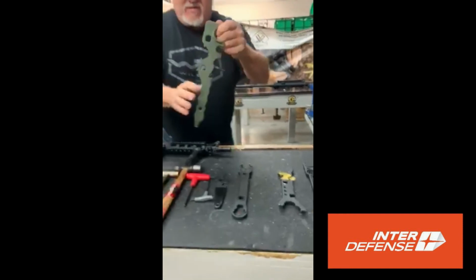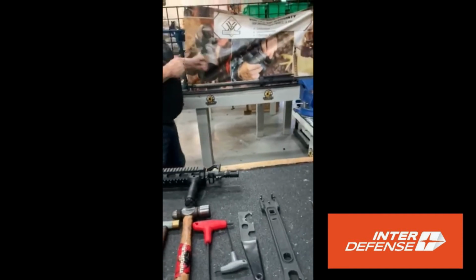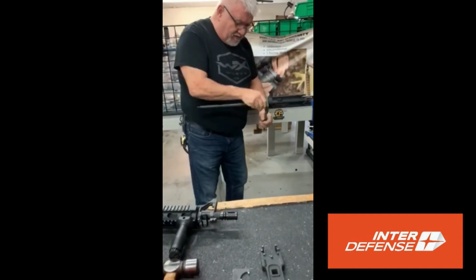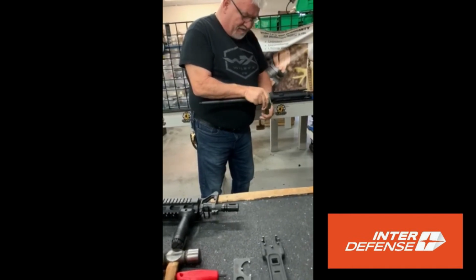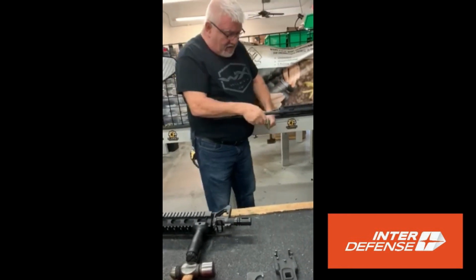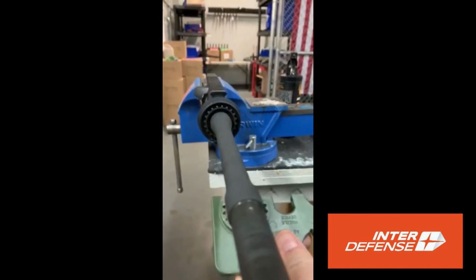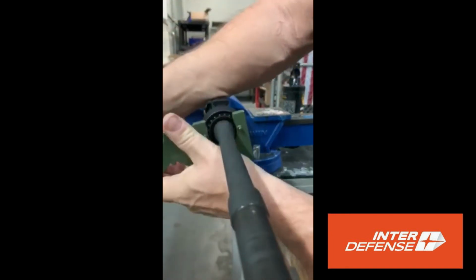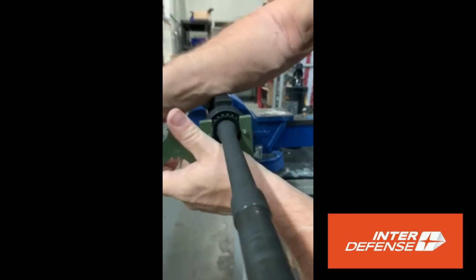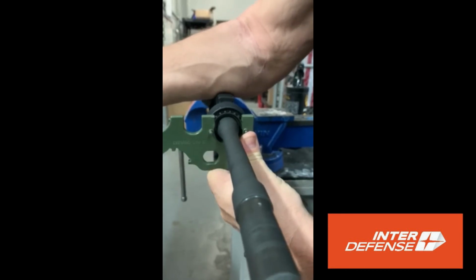Then you can take your tool, and you can see these scallops right there. You use your tool up against this. It'll fit right into the scallop, and then all you have to do is tighten this down and bring it so that one of the notches, this notch, lines up with the top. Come around here on this side. You can see these notches here. This is your scallop, okay? You are going to make that fit and then bring it so that you can tighten this down